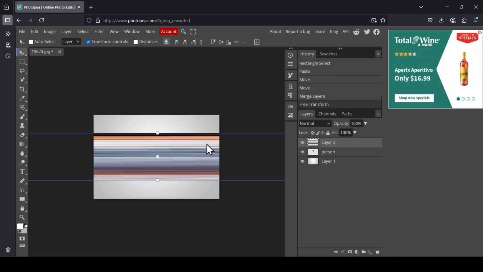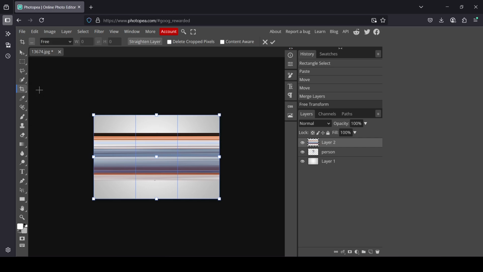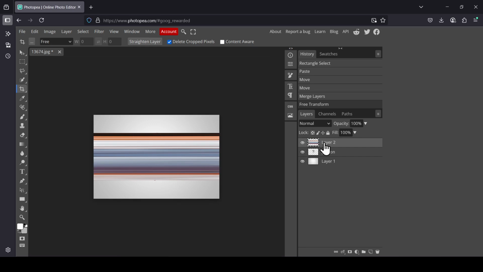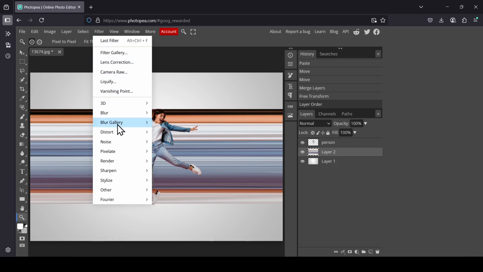And now I need to crop the pixel stretch here to the canvas size. So select the crop tool, left click here, make sure to check trim, check the delete cropped pixels, and then left click here to confirm. And now I'm going to place my pixel stretch under the person, and then select the zoom tool, right click, fit the area. And now let's select the pixel stretch here, this one here, and then go to filter, distort,